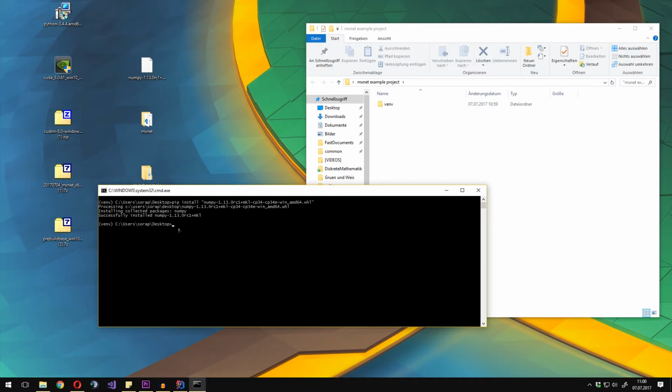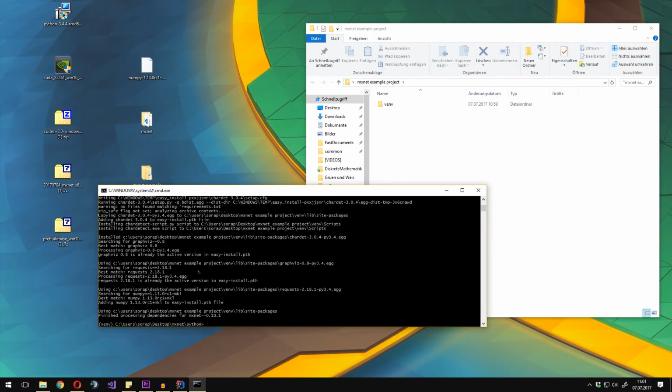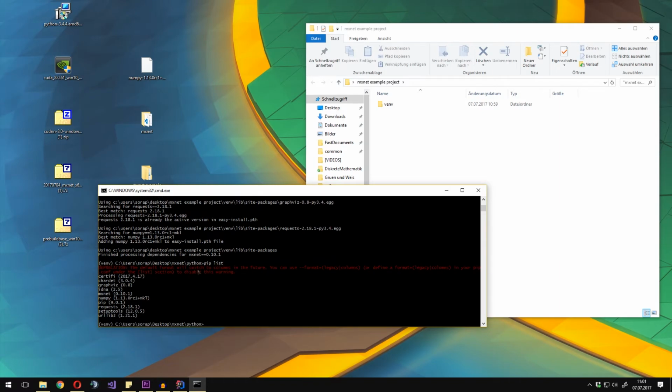So next step would be to install mxnet, or try to install it again. cd mxnet/python, setup.py install, and hopefully all the other dependencies can be installed automatically. Yeah, that worked. And if we type pip list, we can see it installed Graphviz, mxnet, NumPy is installed, and